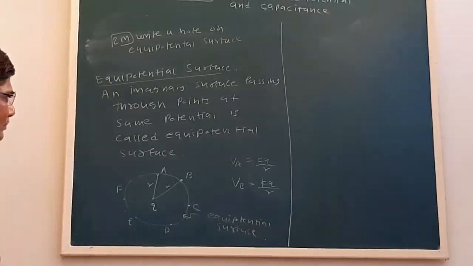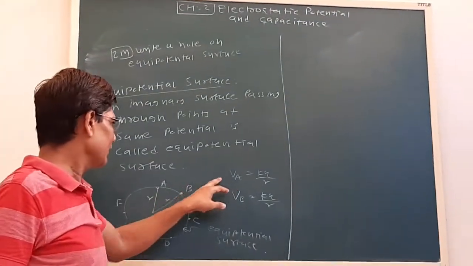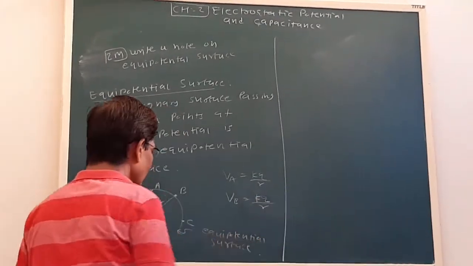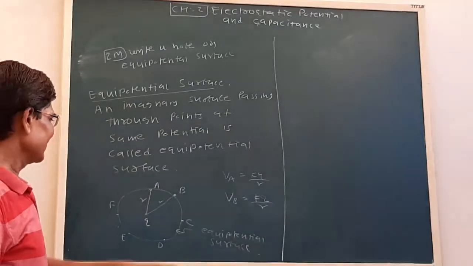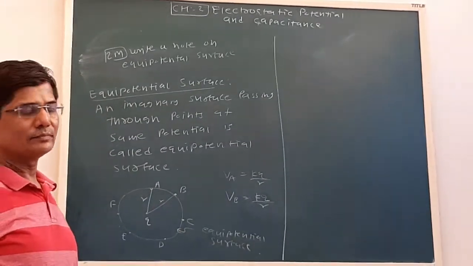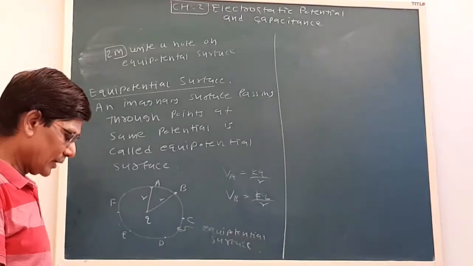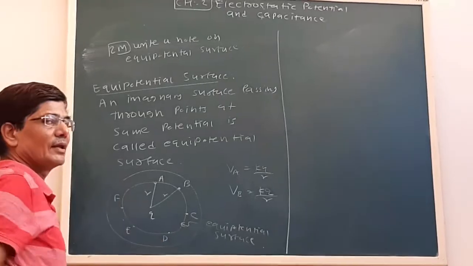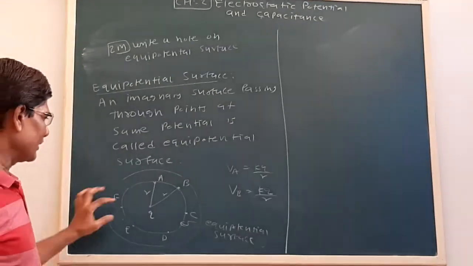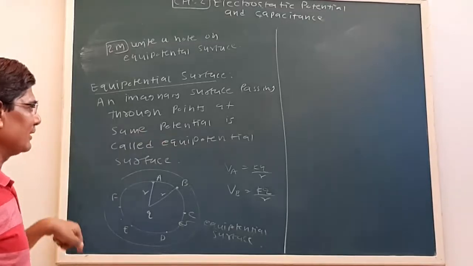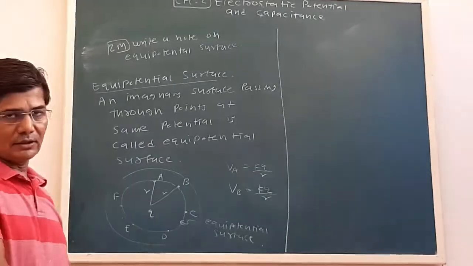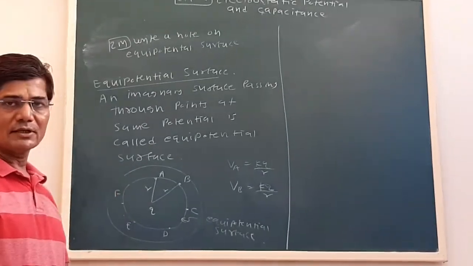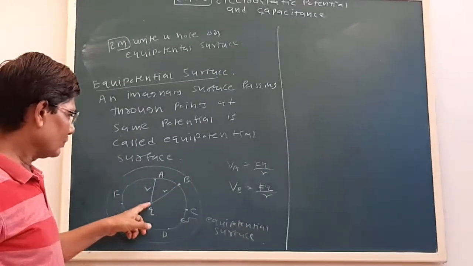Okay. Now see what we have seen here. Potential VA is KQ by R. Similarly, VB also is KQ by R. We can have as many points, and this is an example of an equipotential surface. Now we can have concentric circles. This is a circle of radius R2. Let us say first we consider R1, R2. We can have as many circles. So this is how we can draw equipotential surface for a point charge.